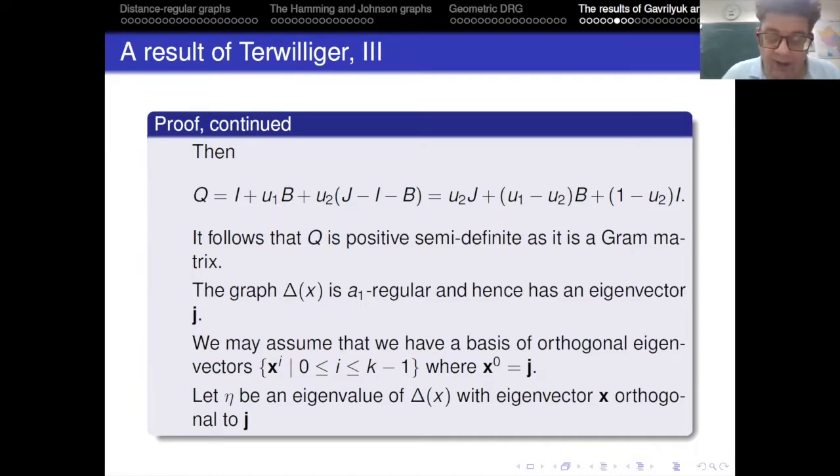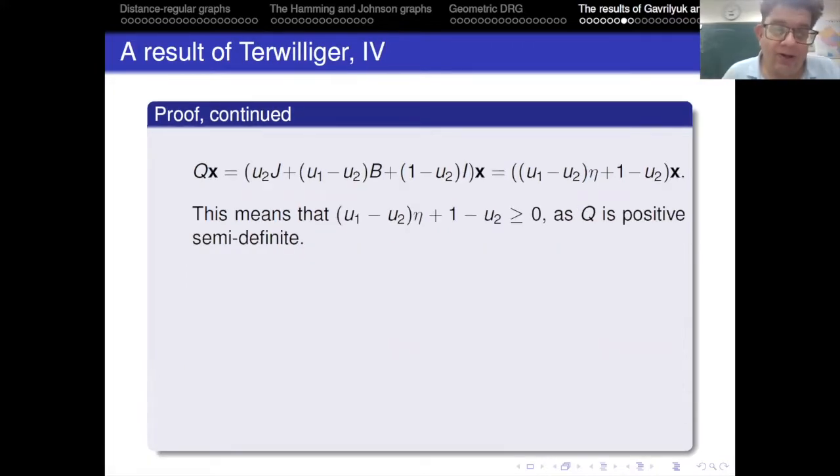So the sum of the entries of X is equal to 0, in other words. Okay, so now we can look at Q times X. That is U2 J plus (U1 minus U2) B plus (U1 minus U2) identity times X. And you can then write it as this because J times X is 0. So that gets cancelled out, and for B it has the eigenvalue eta, and for the identity, of course, it